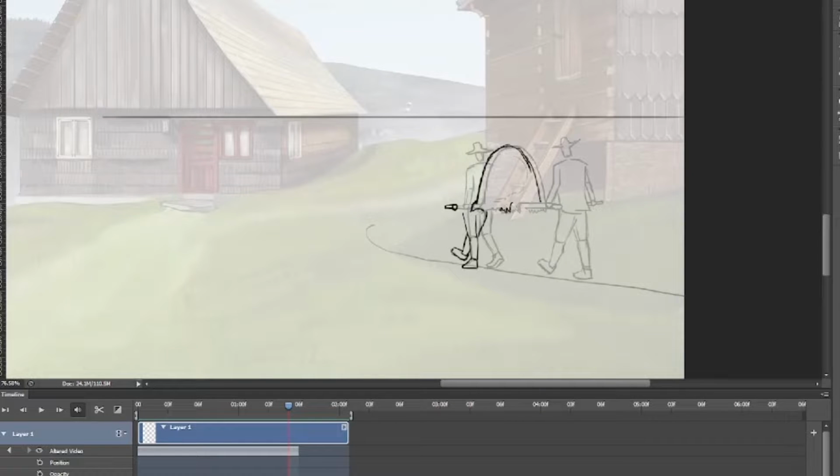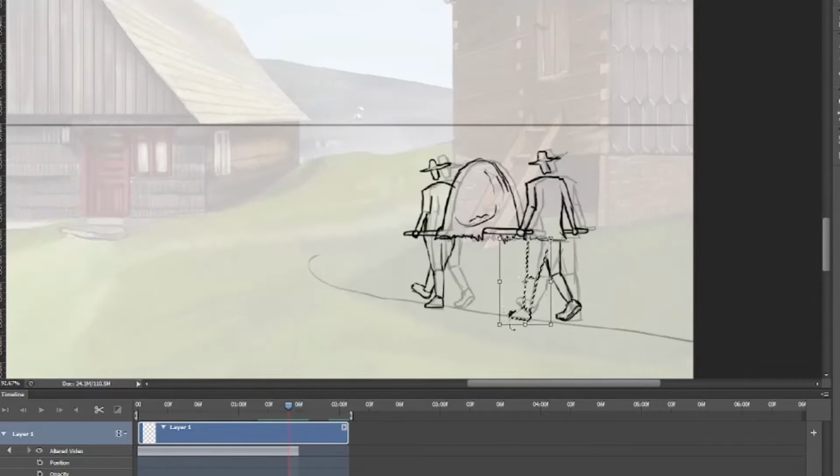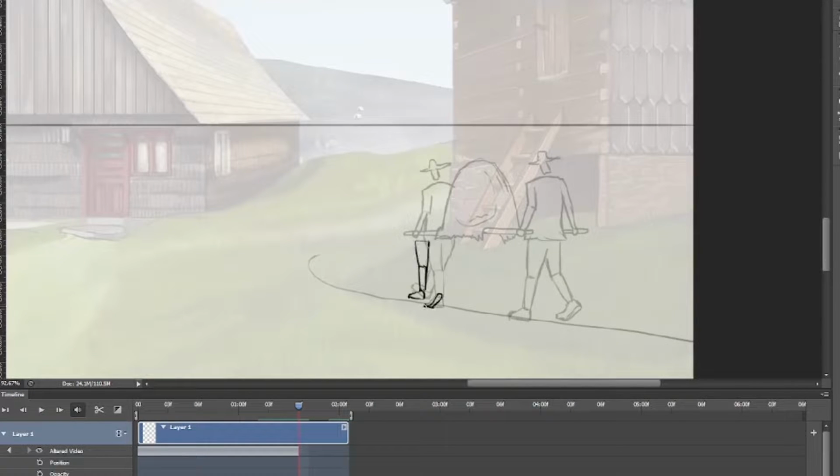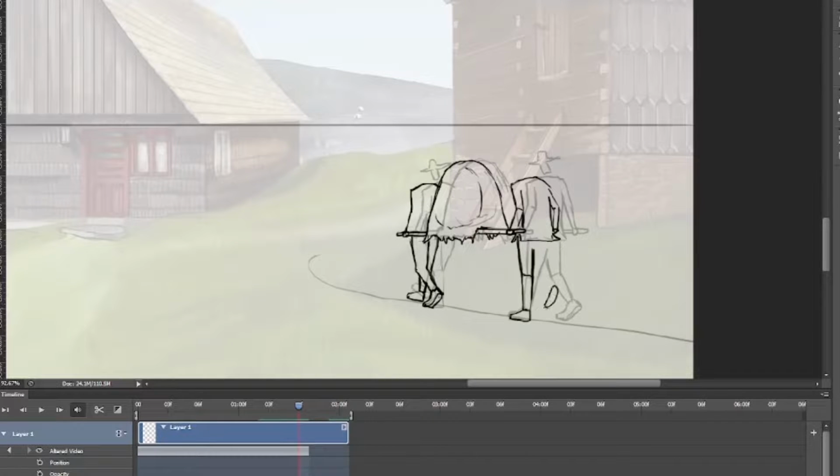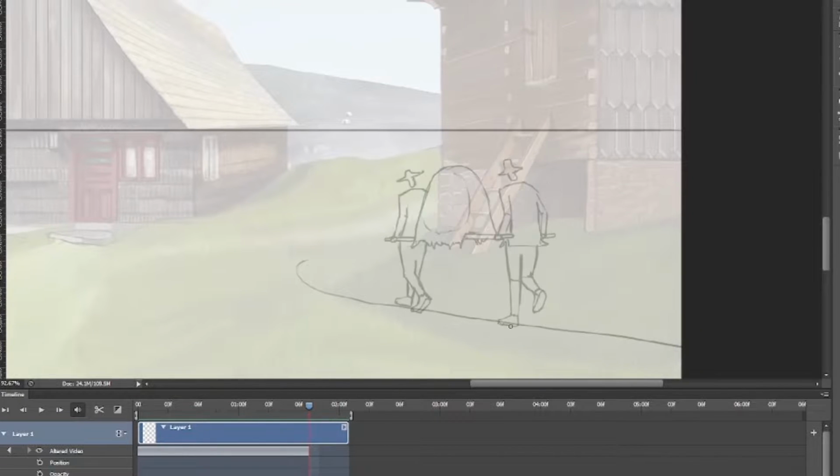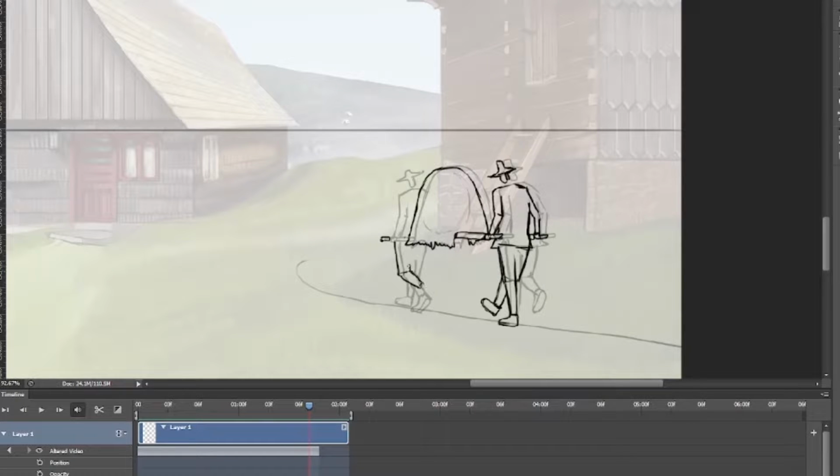I animated on ones, which means that each frame has its own and unique drawing. It's a straight ahead animation, so I draw the first frame, I continue with the next one, and so on. I didn't have a milestone to reach like in a pose-to-pose animation. I had the entire idea in my head and I just drew a frame after another. In the process, I made some changes and small adjustments, but I kept the big picture.